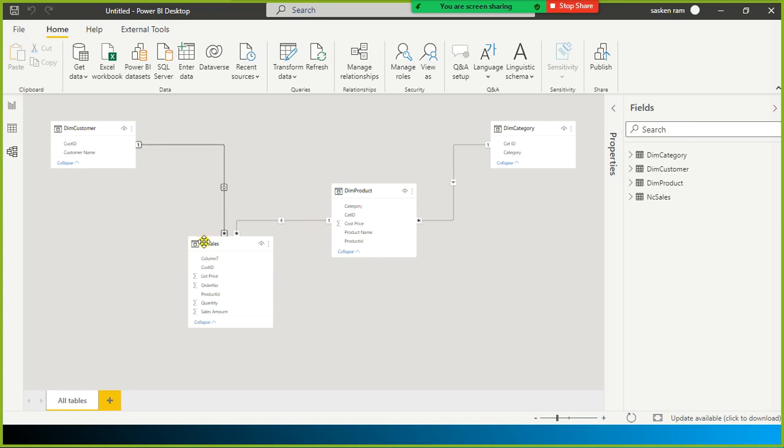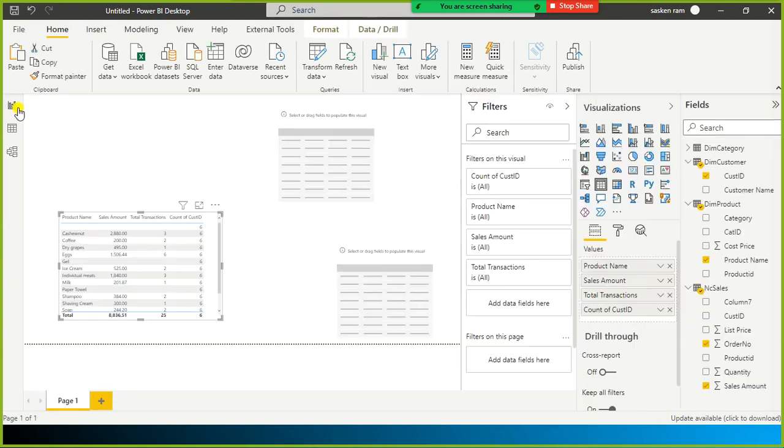Since the filtering can happen in both directions, now the product table can filter the customer dimension. Now we will verify that here. Cool. It's working fine, right? For cashew nut, 2 customers purchased it. In total 3 transactions happened.